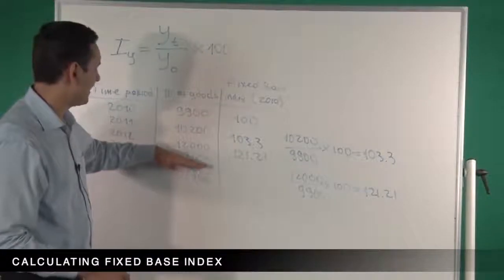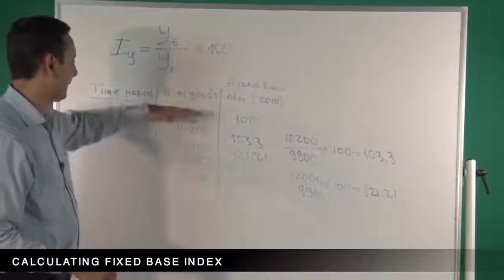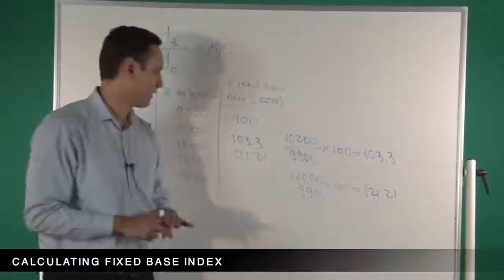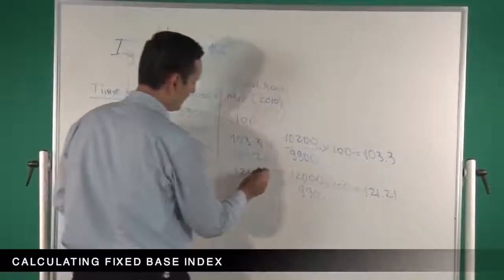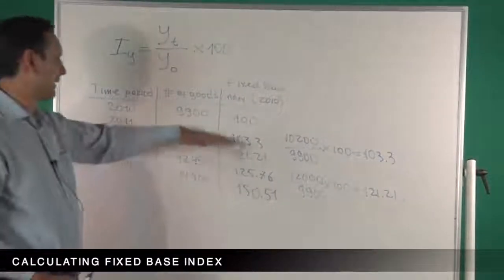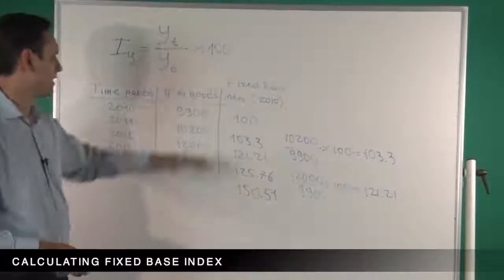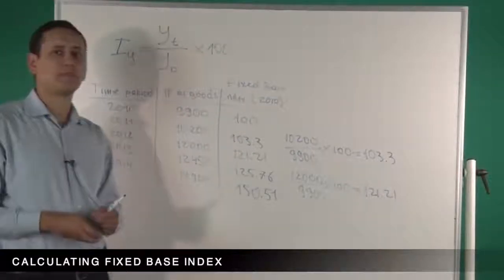We divide each current number by the base year, which is 9,900. 125.76. So basically, we calculated the fixed-base index for these five years, making the base year